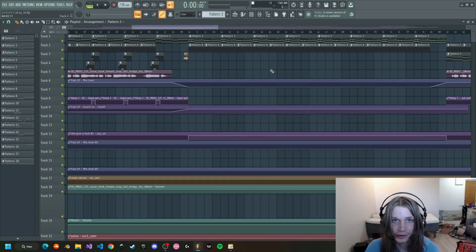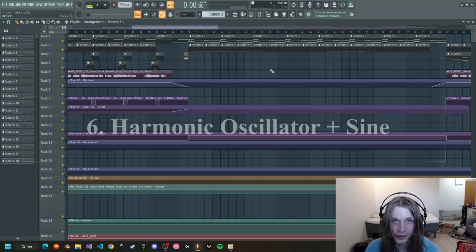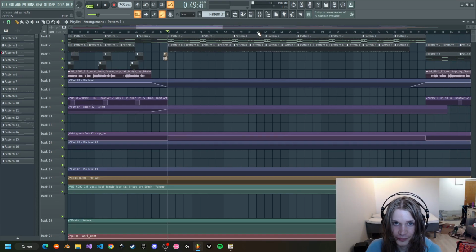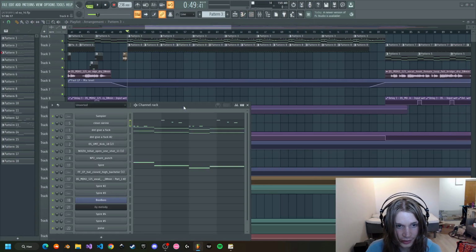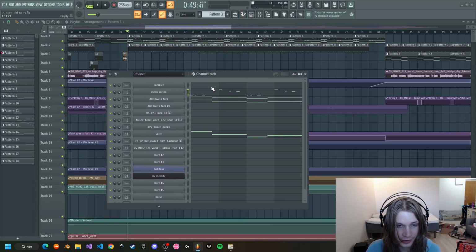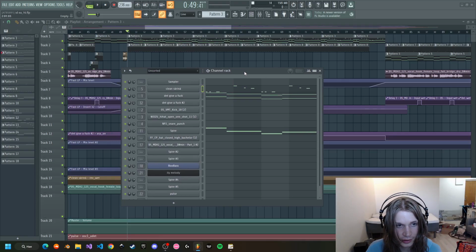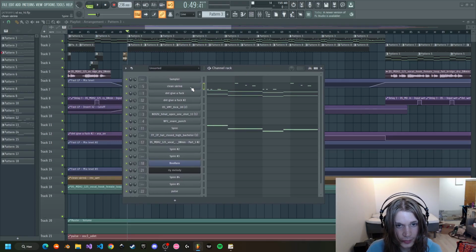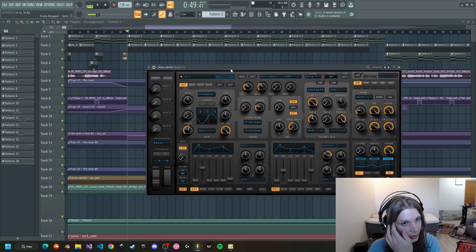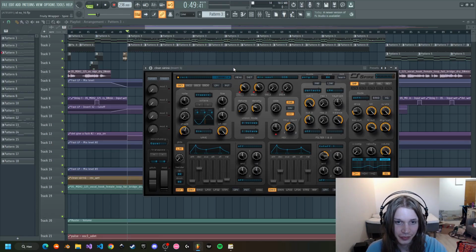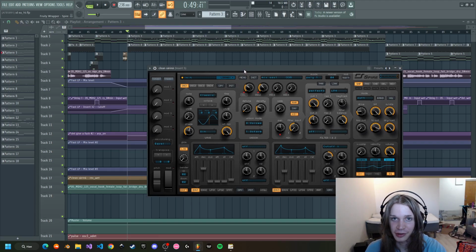The next tip I want to talk about is harmonic oscillator plus sine oscillator. Basically it boosts the fundamental, and you can do it with EQ as well, not so accurately, kind of similar to the previous tip about the high pass automation. So you can call this a tip about boosting the fundamental if you want, but I think there is also